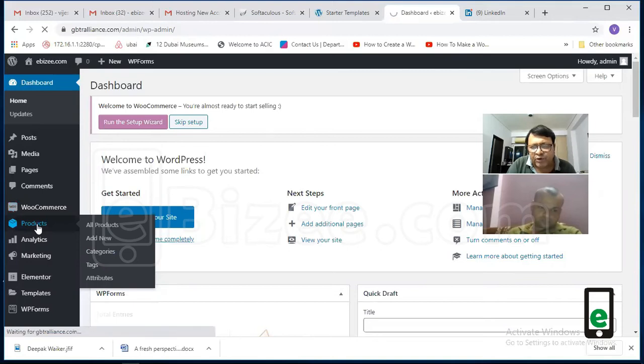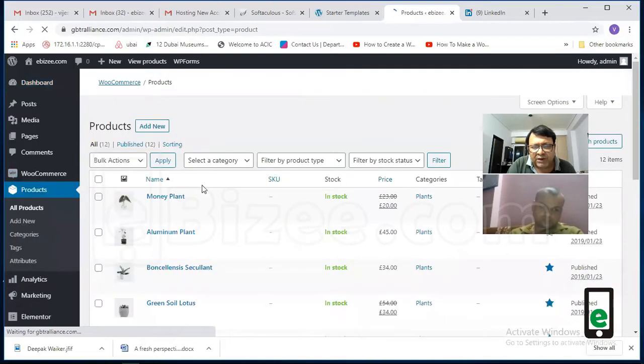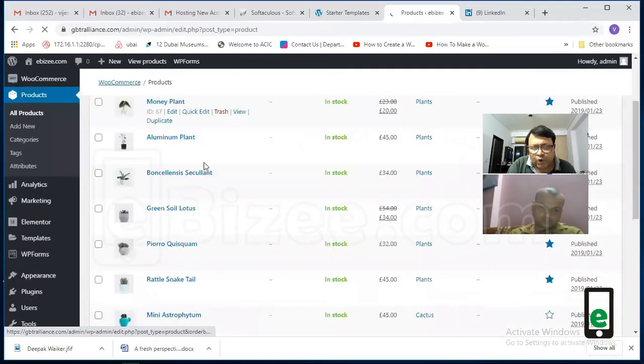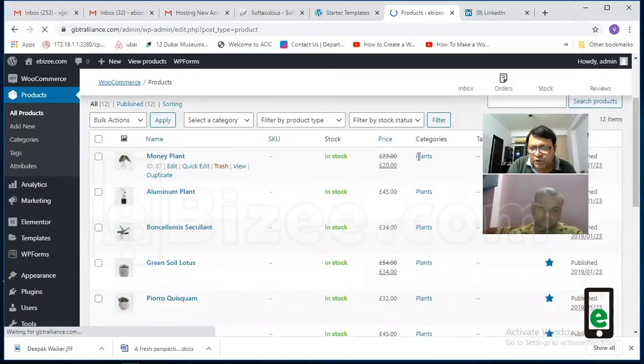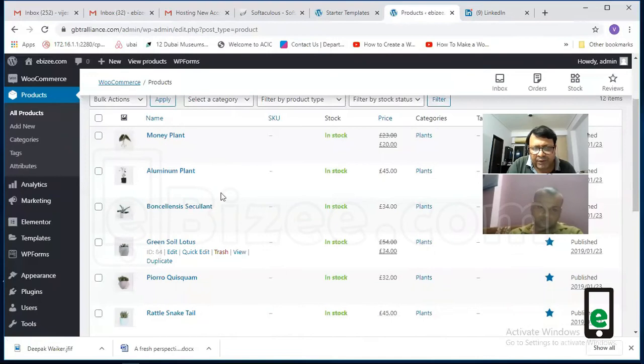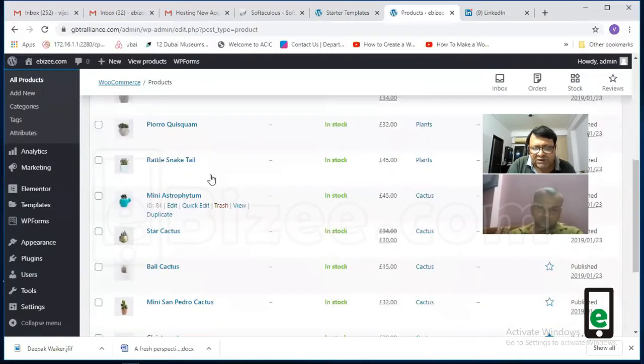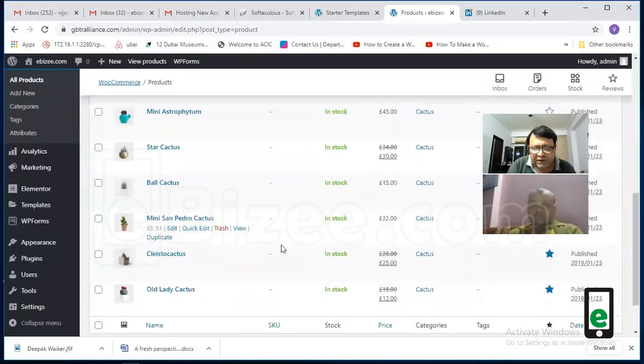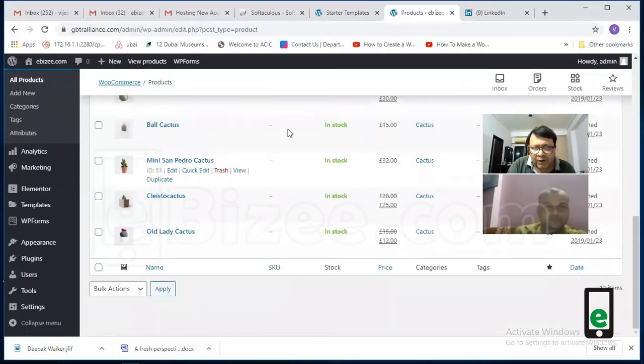You can see here all the products, the WooCommerce products, which you can edit and change. It can be your courses also. You can put your amount in rupees also. It is in pound, but you can change the currency here, and you can see that there are different products which you can change, right? And if there is some similar product, you can duplicate it and then add it. So this is WooCommerce.